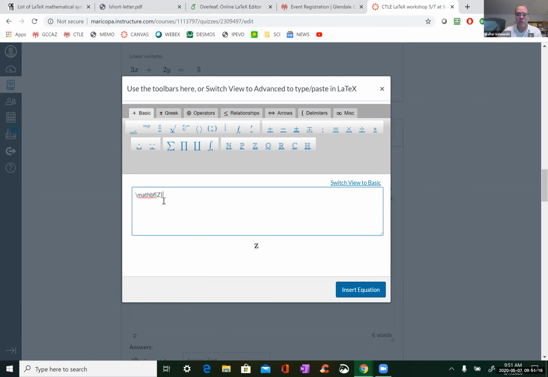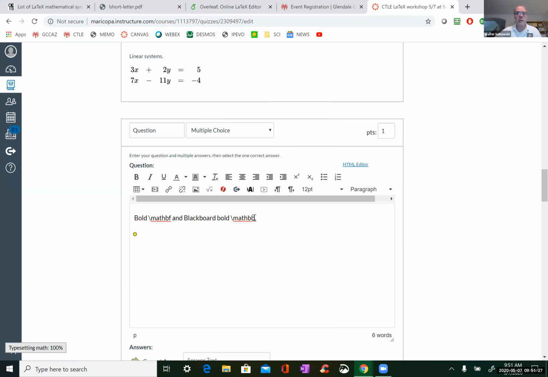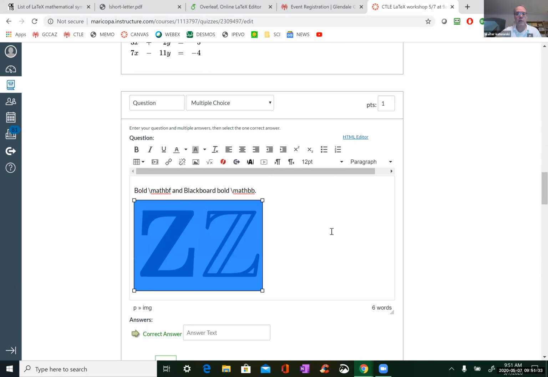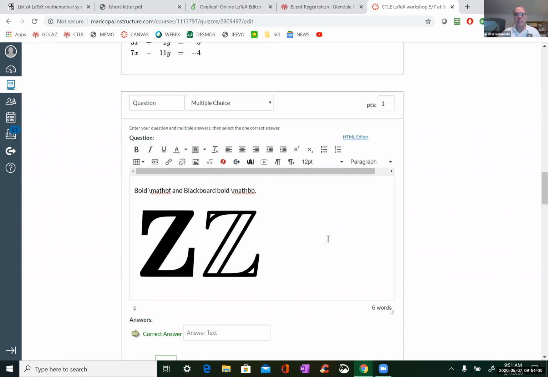So there's bold Z, and then there's blackboard bold, like that. Let's look at the difference. Okay, that's the difference, and you can do these with all the letters. It's not just Z. You can put A through Z in those commands.